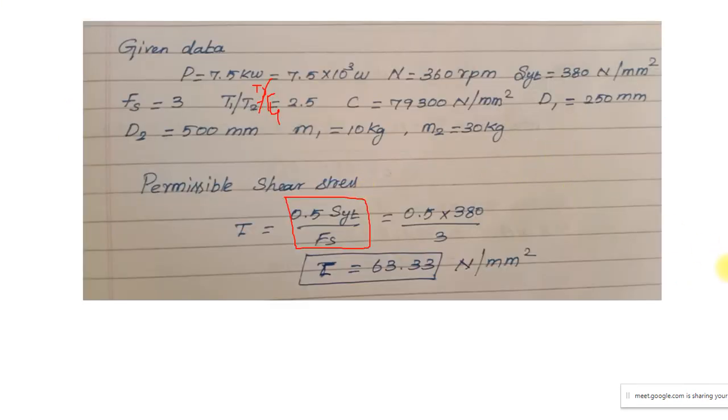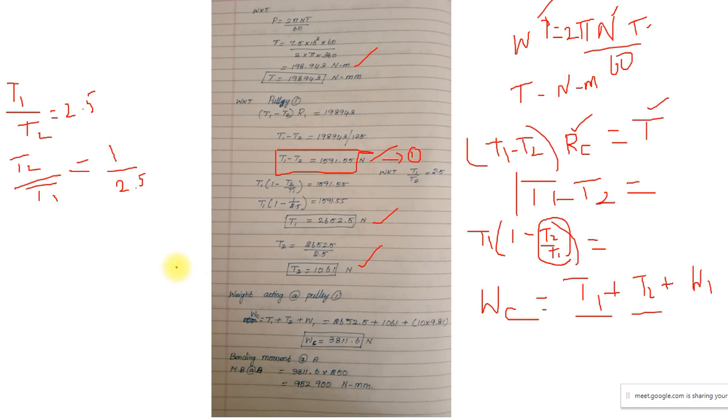I am sorry, I have written W here. It can be considered as M. Okay, so here also I made a mistake. It can be given as M. So M is given in kilogram. How to convert a kilogram into a Newton? Simply multiply by 9.81. Once I multiply, I can find out the weight of the particular pulley.